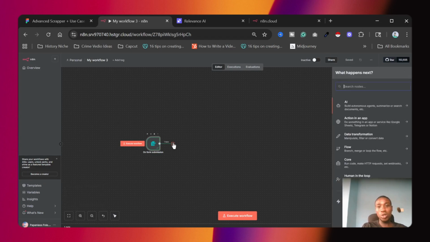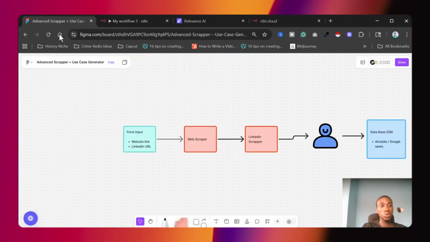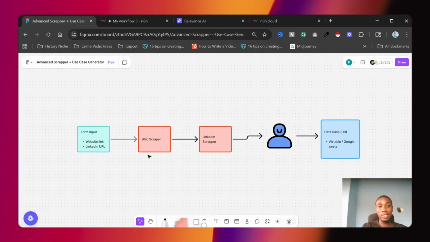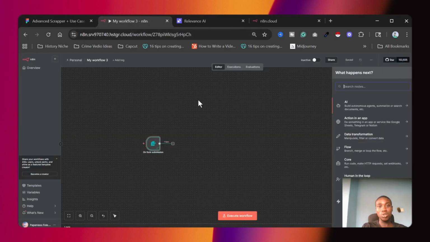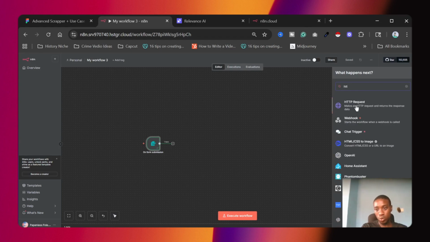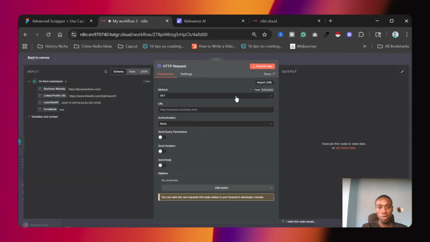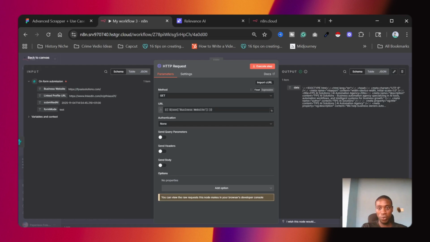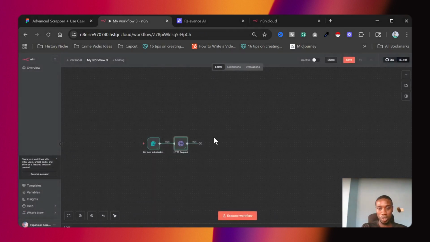So what is the next thing we're going to do? Now we're going to get the details on my website. So we come back here and search for the HTTP request. That's what we are looking for. You use the GET method. Then you drag the previous node in. And where is our website? So that's my website. I just click on execute. So it has pulled, you see how fast it is. It has pulled all the data that's on my website, and these are some of the things we are going to use.